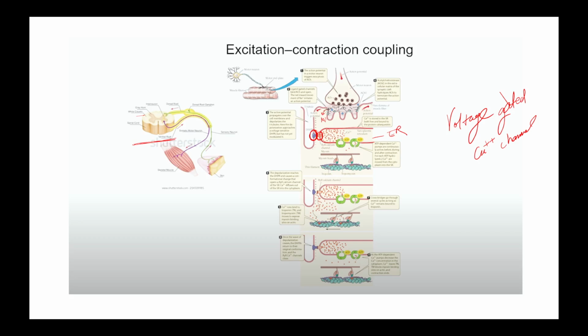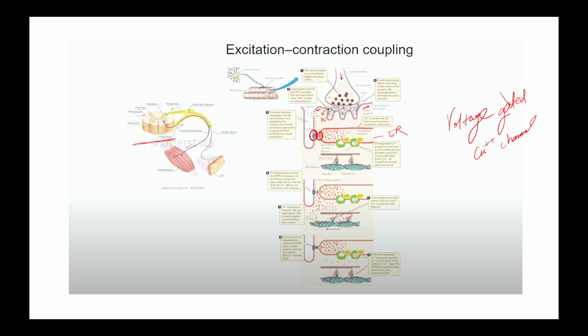But when there is a change in the action potential, there is a depolarization of the plasma membrane. Due to the positive charge of the plasma membrane, there is a change in the conformation of the calcium gated channels. Due to that, this ryanodine channel becomes open, and inside this endoplasmic reticulum we have enough calcium, and that is now released in the intracellular fluid of the myofilament in the muscle cell.